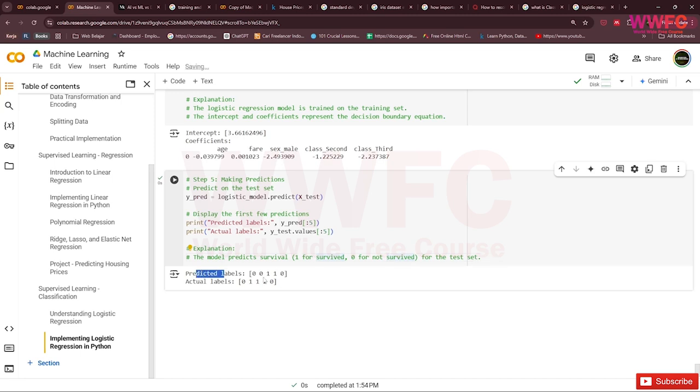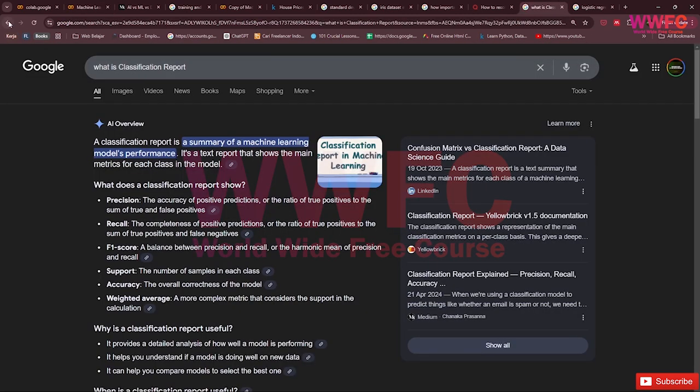Here the predicted label is not survive, but the actual in the second one is survive. They predicted not survive, right?